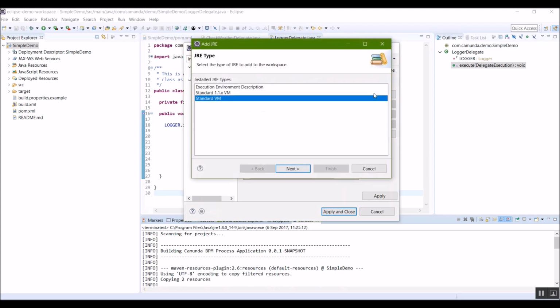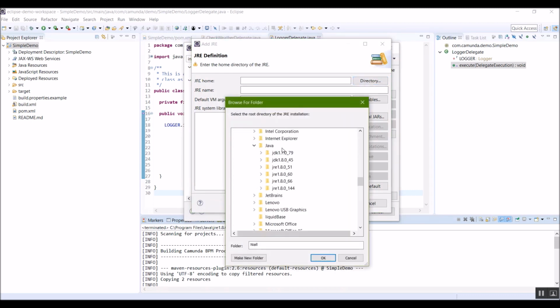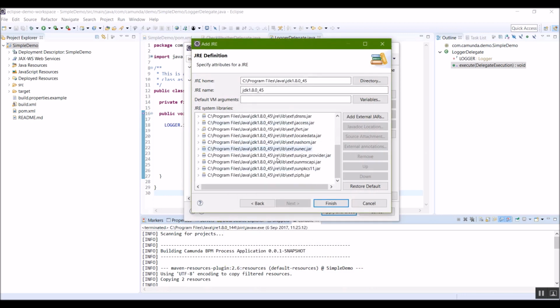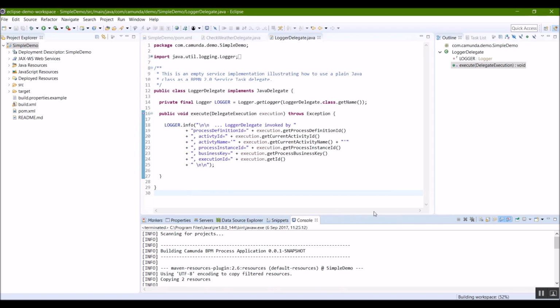Click Add, select Standard VM, and then you'll have this page here where you need to search for the location of your JDK. If you followed the first tutorial, you would have already downloaded this. And let's go to the JDK here and select that root folder. Hit OK. It should load up a bunch of jars here. Click Finish, then select this as your primary compiler and apply and close.